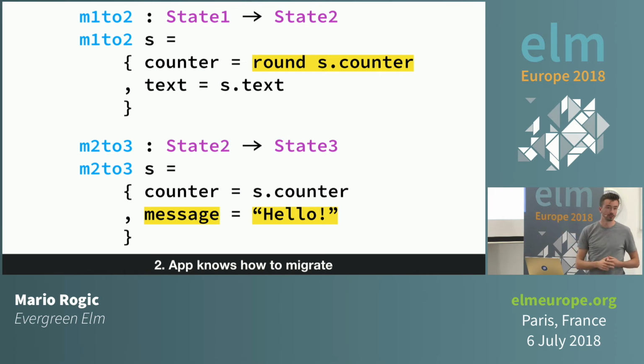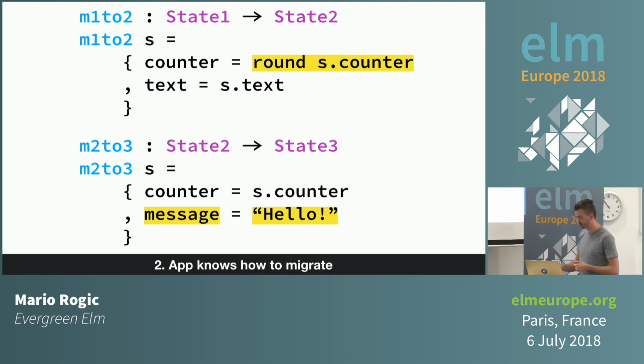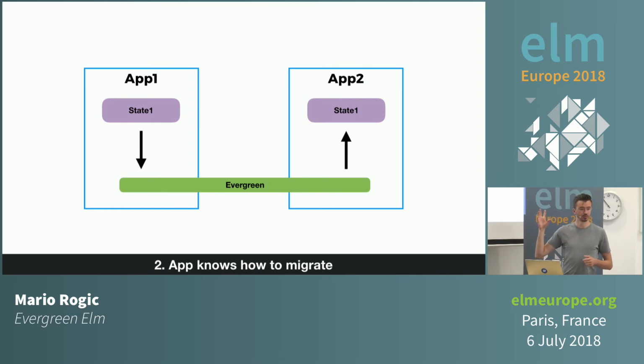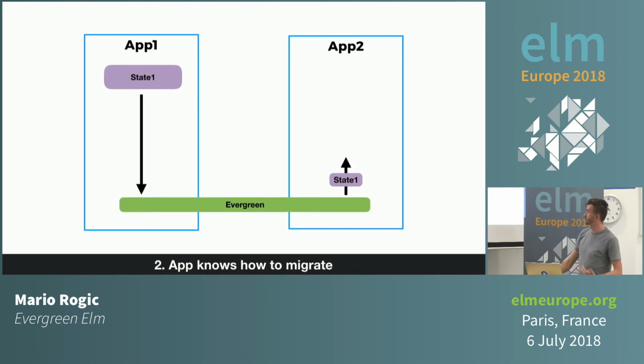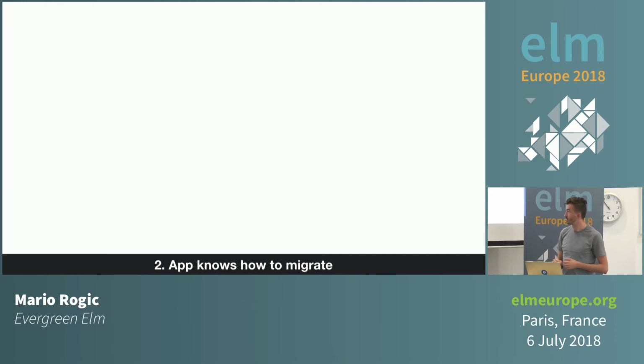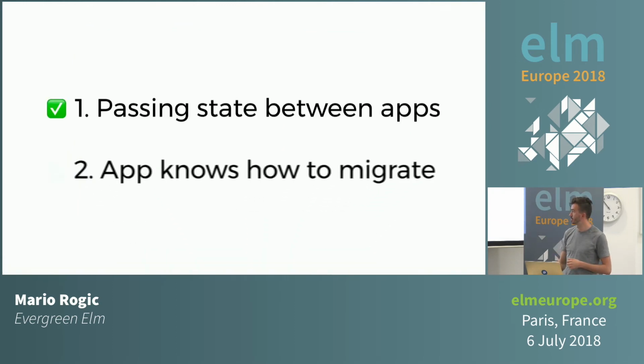Again, this time our counter type hasn't changed, so we can just set it again. And our message in this case, marketing has said, well, let's force all users to see the new hello value. Cool. So bringing it back to the first part. In the first part, we were able to get state 1 across as state 1, but application 2 operates on state 2. So what we actually want to do is patch in that new migration function that we've written, and thus we've managed to get all the way around to state 2, solving that second part.